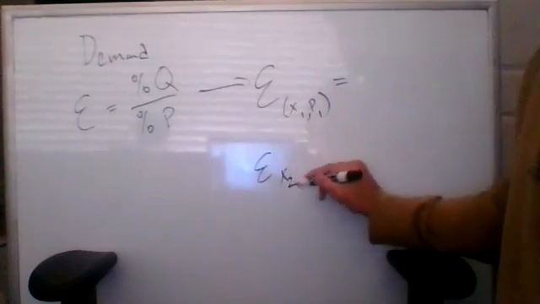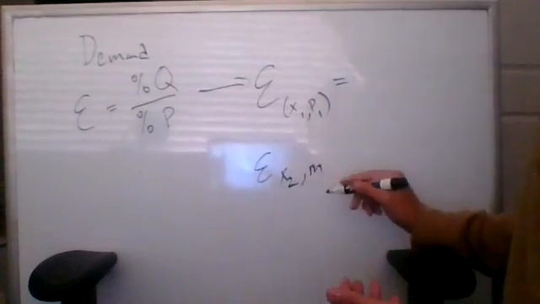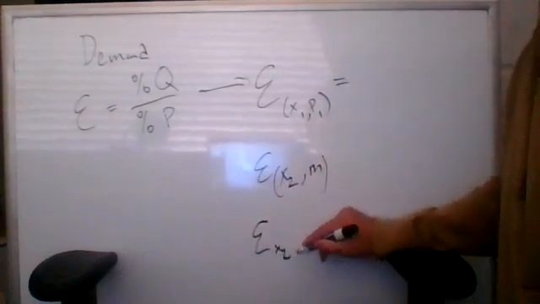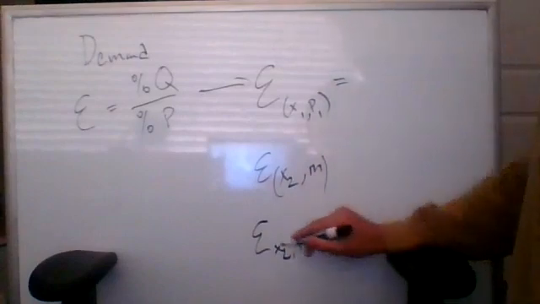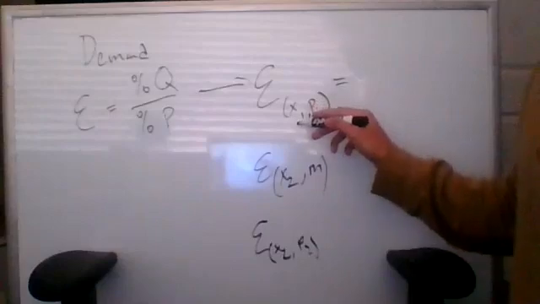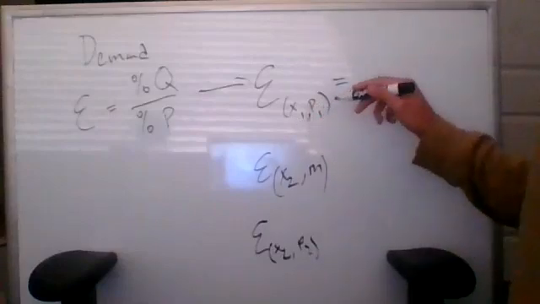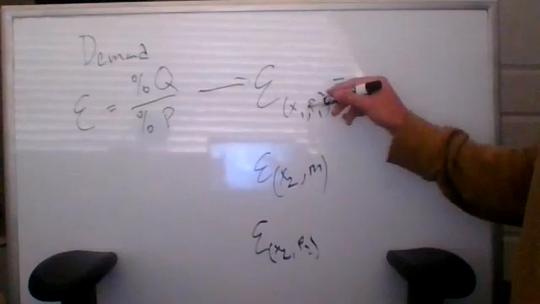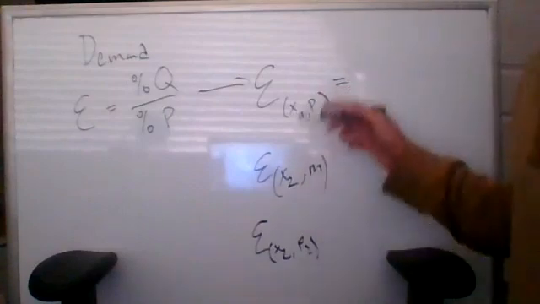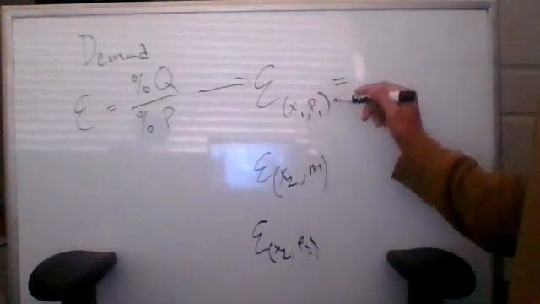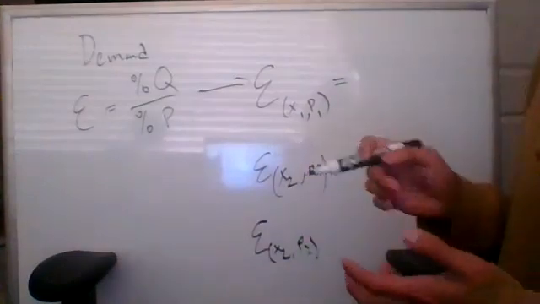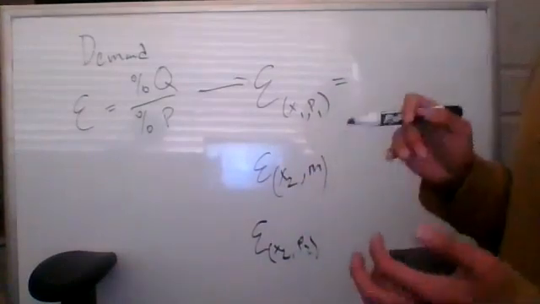Elasticity of good two with respect to income. These are all possible variations of elasticity. And pretty much what it's saying is if I have a demand function, x1, that is a function of p1, then I'm taking this demand function in terms of p1, basically finding the elasticity of this demand function in terms of p1. It'll make more sense when we start talking more about demand functions and why they're important